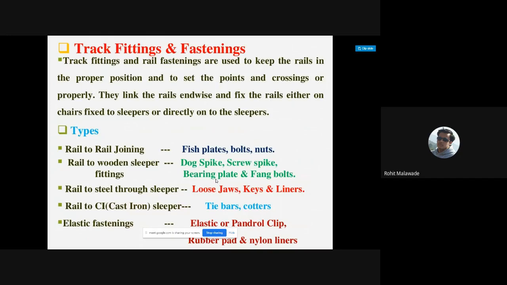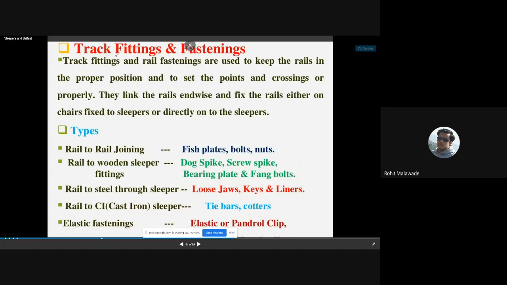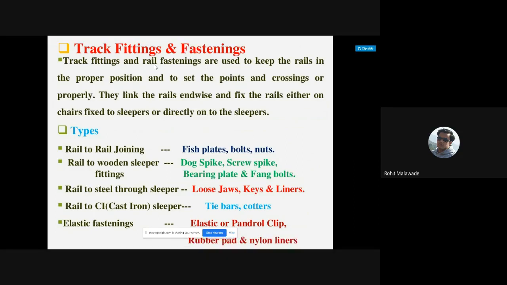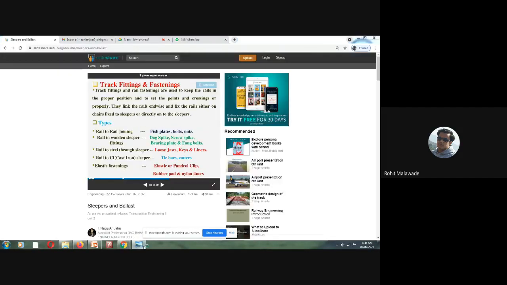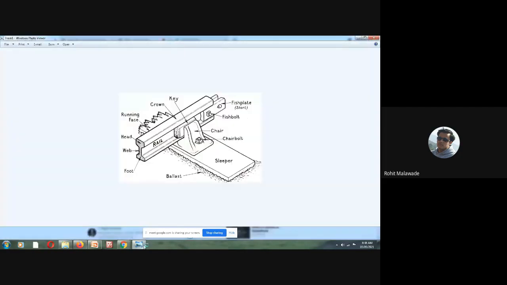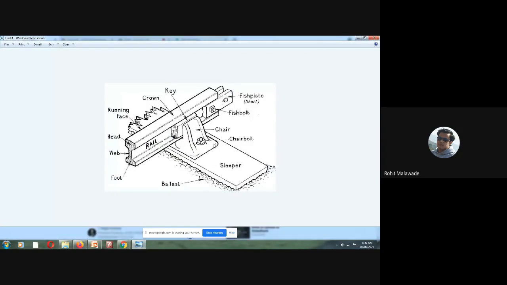fixtures and fastenings. The fittings they have used here are nothing but the fixtures and the fastenings. Now, if you see this particular diagram, this is the diagram I wanted to show you.